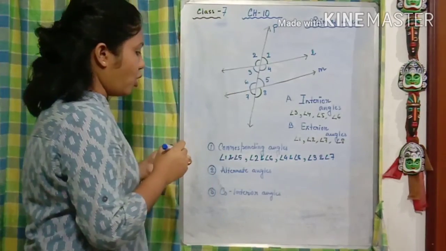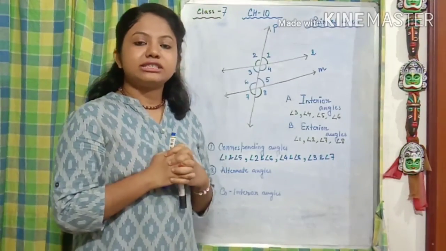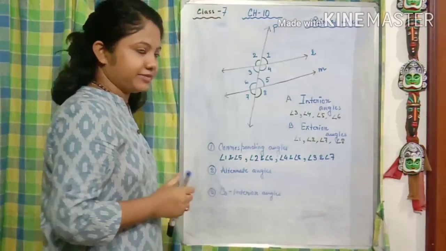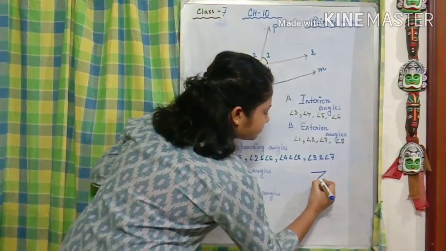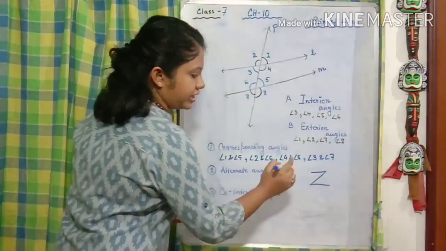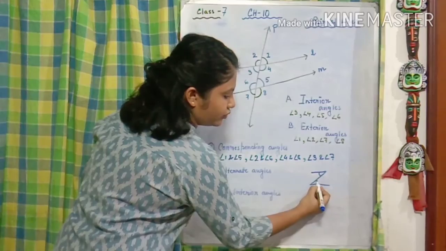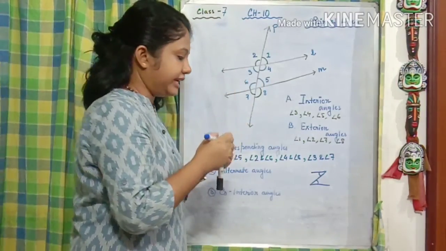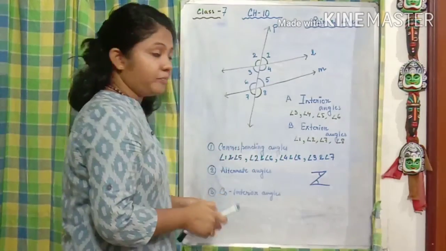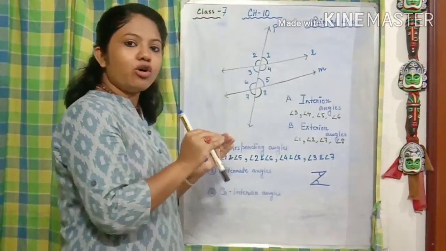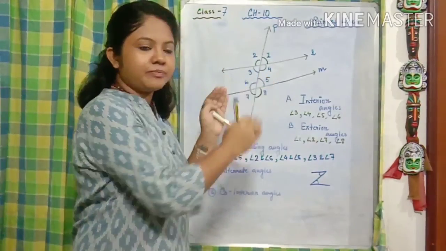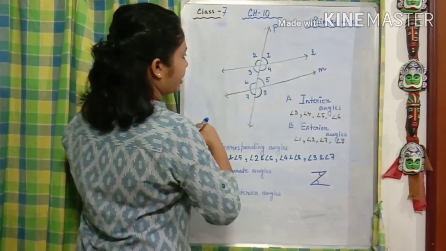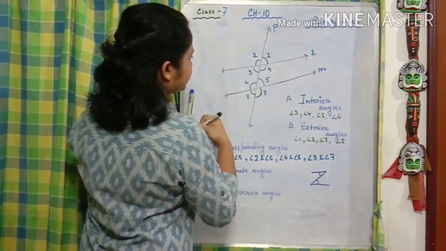Okay. Now alternate. How we are going to understand the alternate angle? The easiest way of understanding an alternate angle is Z. Look at this Z. I have written a Z. Now this angle which is present in the vertex of the corner of the Z's are the alternate angle. So we have to find the Z among these transversal lines. So if we are finding which are the Z's, okay.